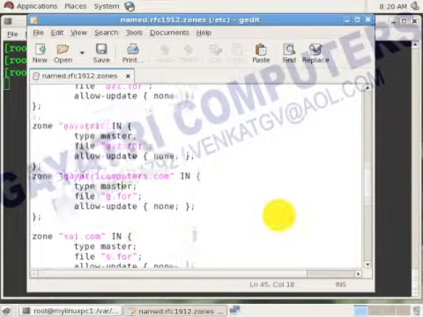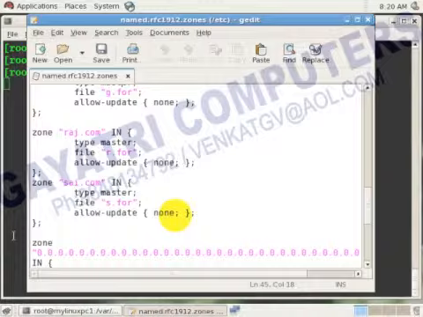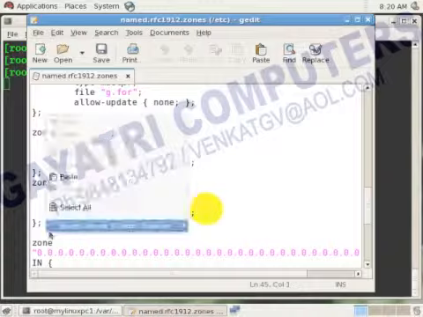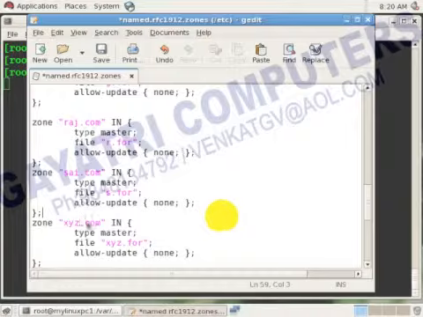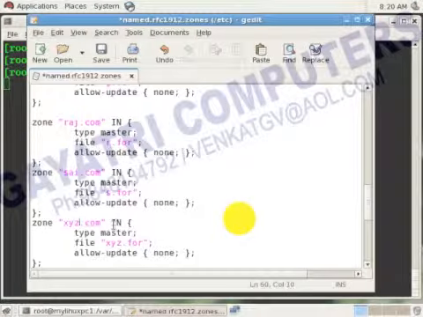Then the next step is to paste it at the bottom. In place of xyz.com, put vijay.com, and for the file name, for example, I'm providing viz.per.